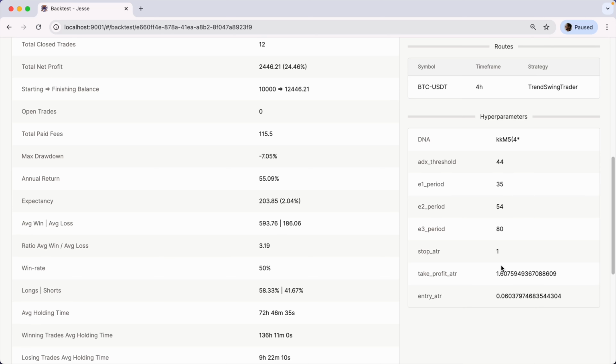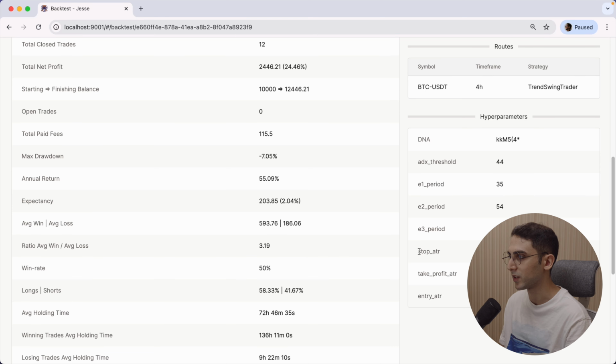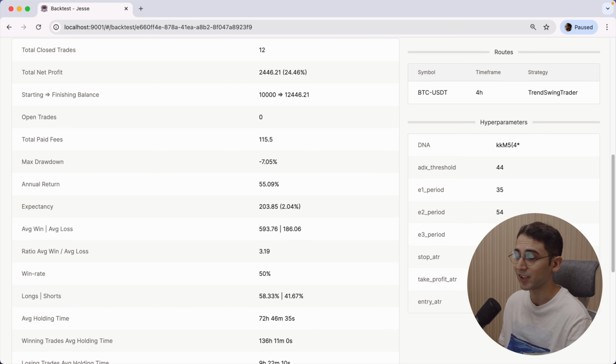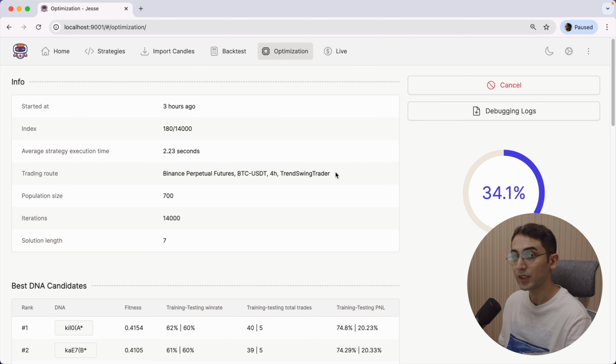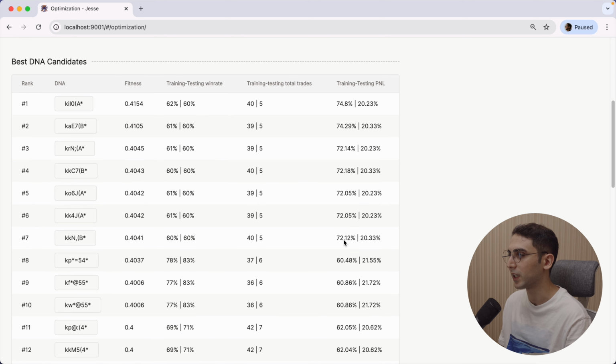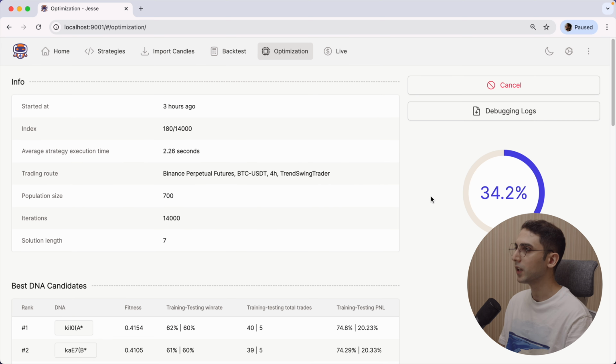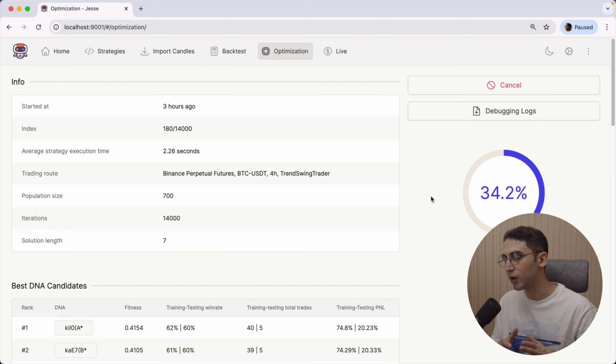So for example, I didn't even think that a very short stop ATR number would be this helpful, but you can clearly see that it actually is. Okay, so just as a reminder, these results were just after 34% of the progress bar. If I come back in, let's say, 3 or 4 hours, we're going to get completely new results and hopefully better ones. But I think I made my point for the video, and that is, if you believe in your strategy,